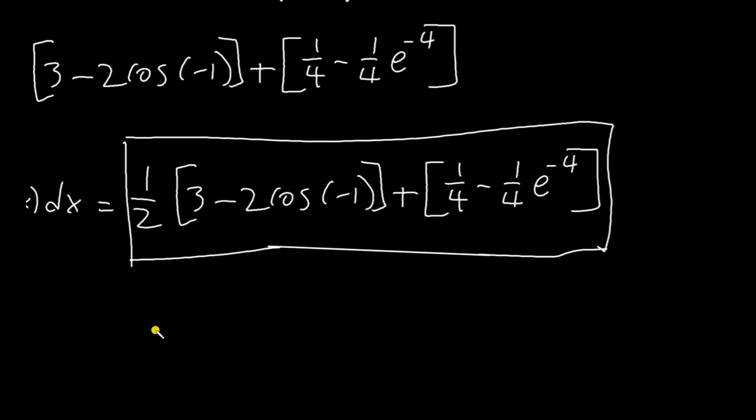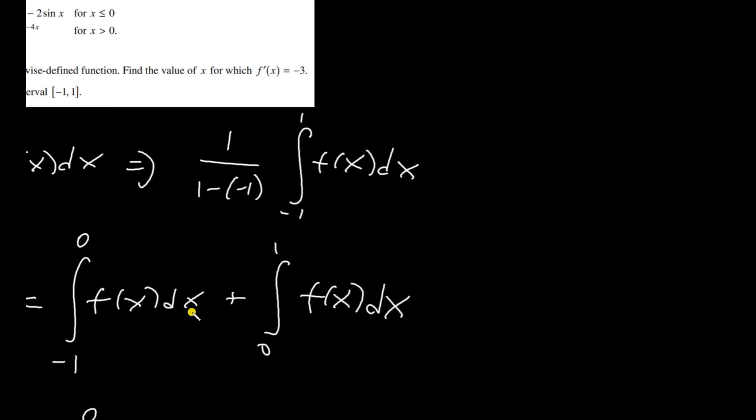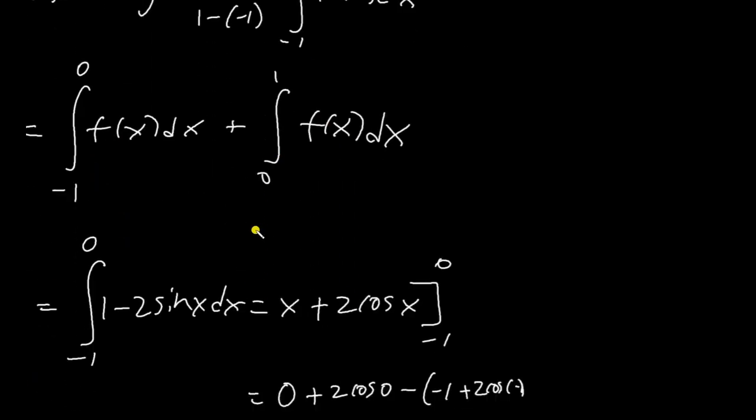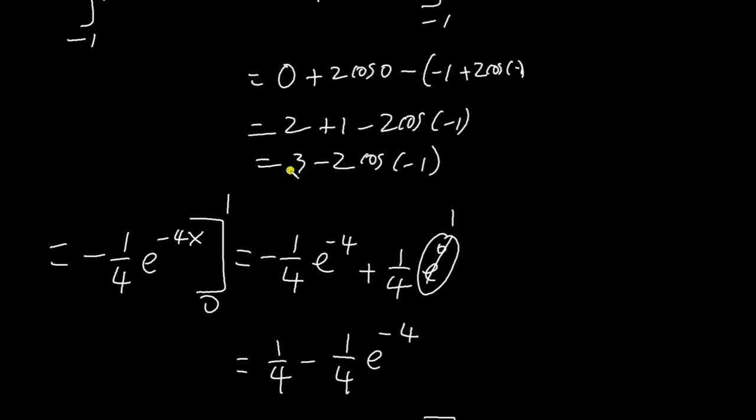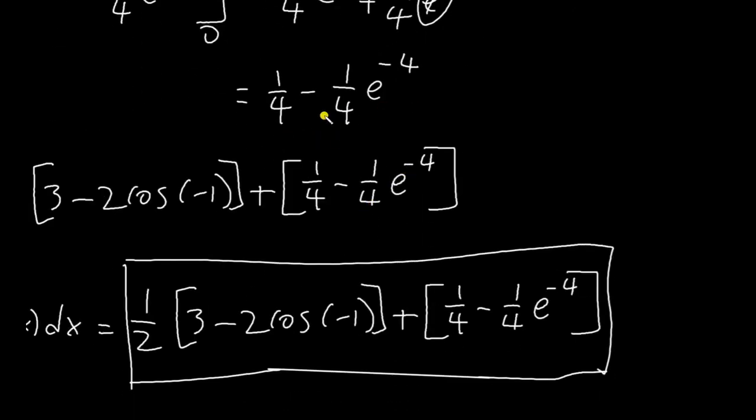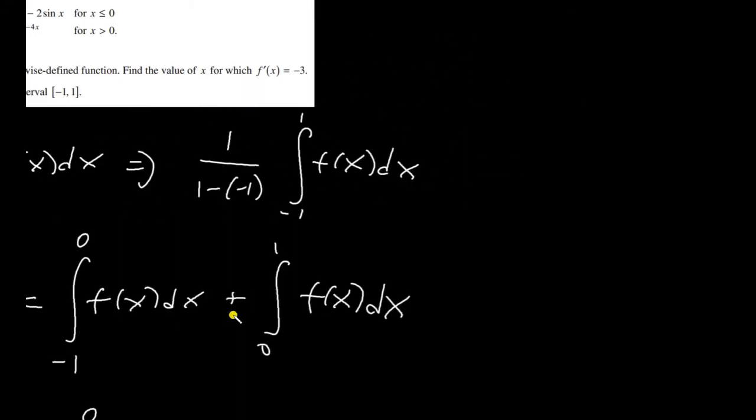So in terms of points, this was a 4-point question. 1 point for deciding to split the integral up into 2 smaller integrals. 2 points for evaluating each of those integrals and getting your 2 correct answers. And then 1 point for putting everything together into your final answer. Okay? That concludes question 6, and that concludes the